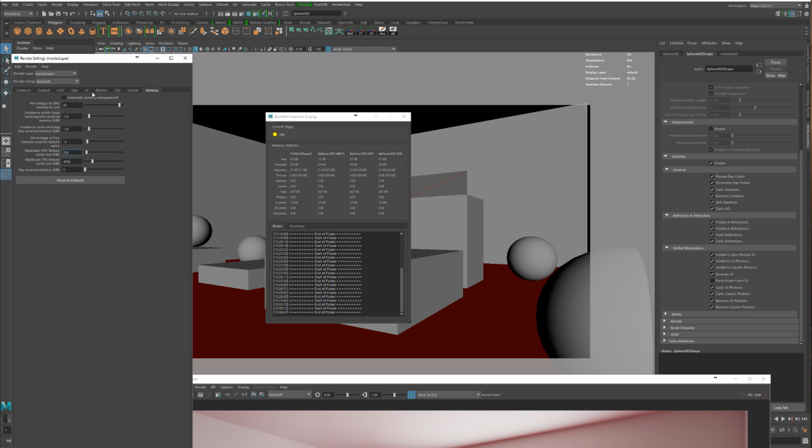Like I said, if you're using the 2.5 builds or the newer ones, it's not out yet, but if you're using the experimental builds, you can just check this on, and you don't even have to deal with any of that stuff. And ray reserve memory, basically, if let's say, because I'm using GPUs that have at least